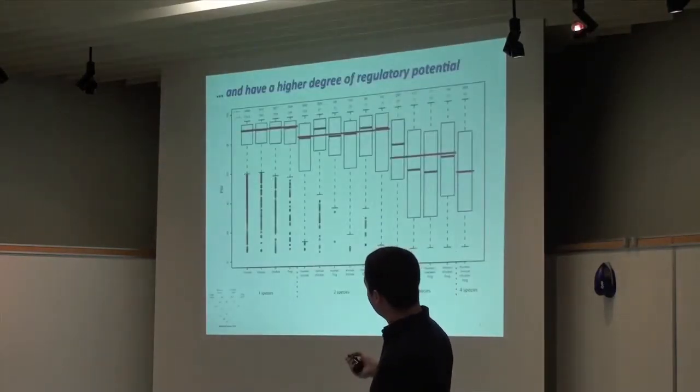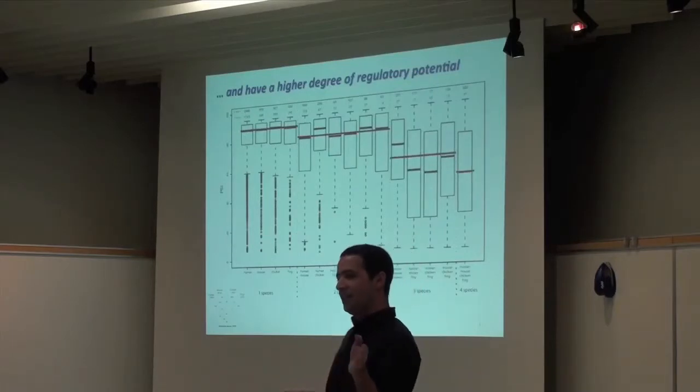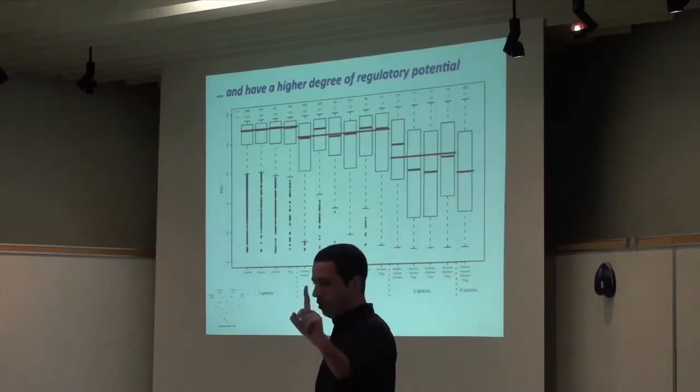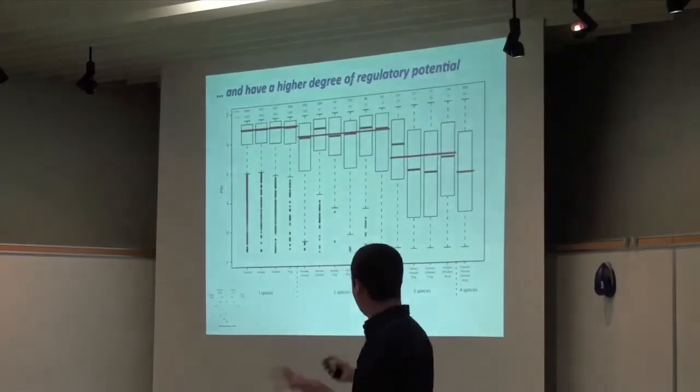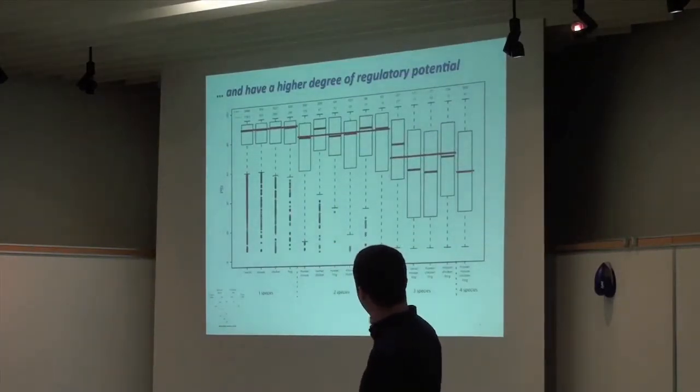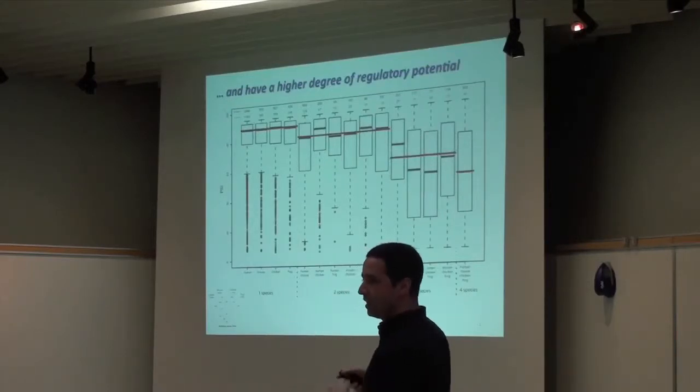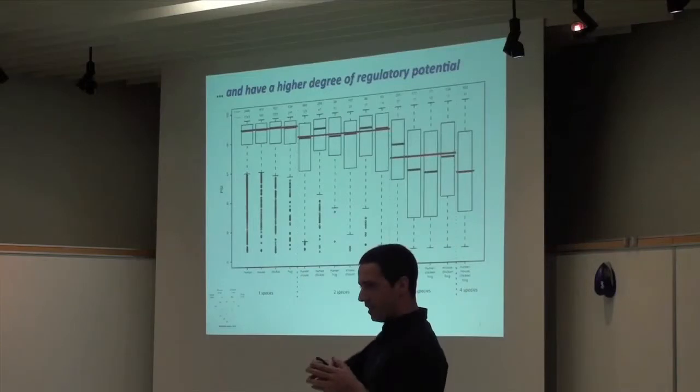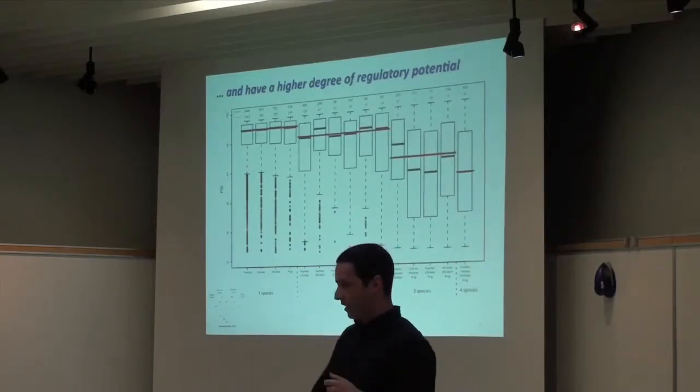And a different way of illustrating this is if you take all these categories of the Venn diagram and you look at the distribution of inclusion levels, what you see is that exons that are alternative in only one species seem to be almost always included, so closer to the 100%, 90-something%. But as being alternative becomes a conserved thing, if you have exons that are alternative in many species, they are more regulated. So you see that the inclusion levels spread across the entire scale.